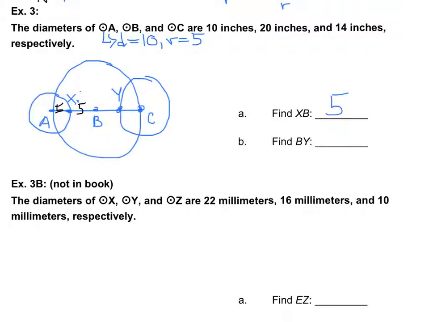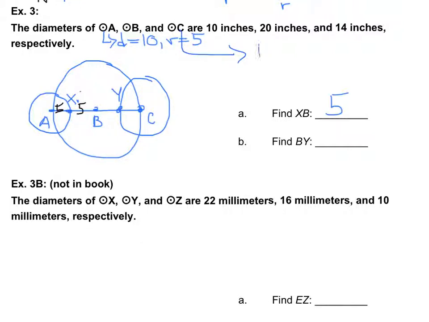Now, the second part is a little trickier because that's BY, which is really a portion of radius BC, but even though it looks like it's right in the middle, we don't really know that that's exactly halfway. So what we do need to take care of is some measurements about circle C at this point. So if we go to our information about circle C